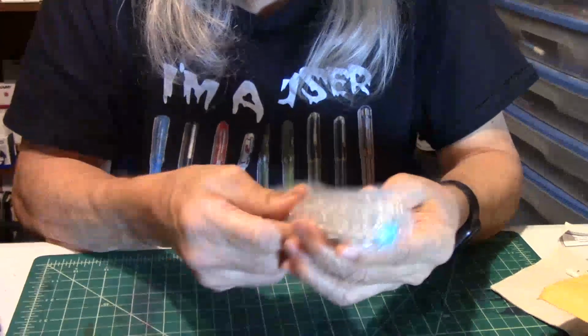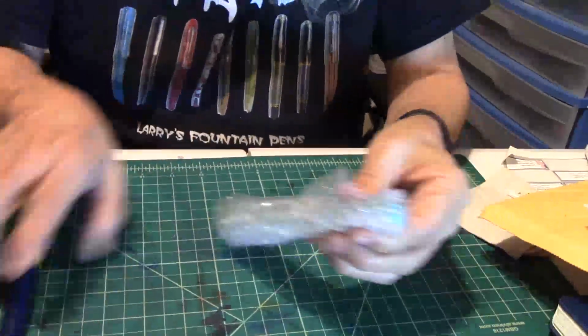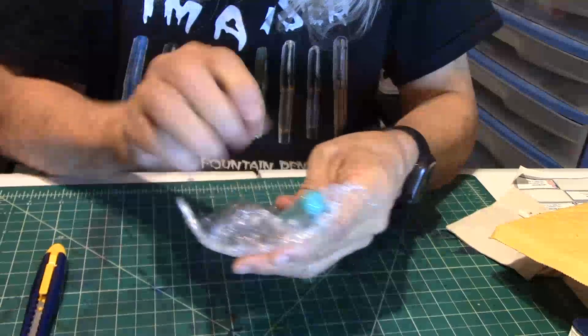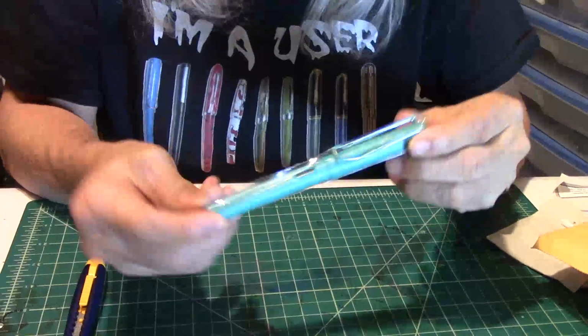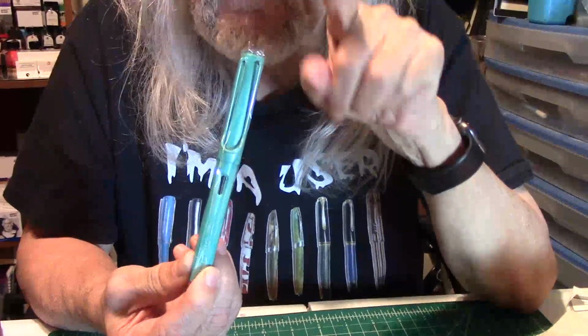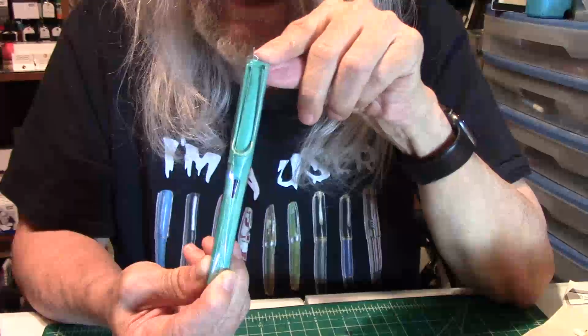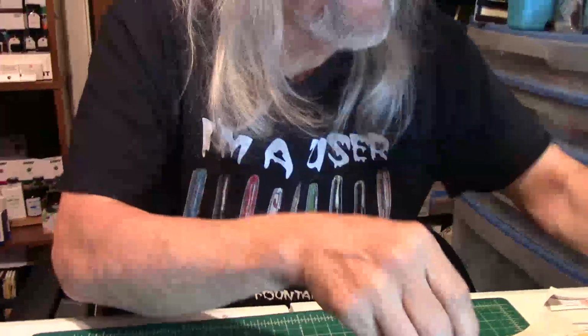A very cool pen. So, when I saw this pen on eBay, it comes from China. It's the Jinhao. Really good looking pen, right? What does that remind you of? You're probably 1000% correct. And we'll be reviewing this soon. So, let's go to